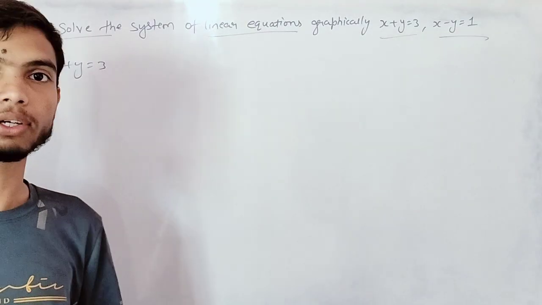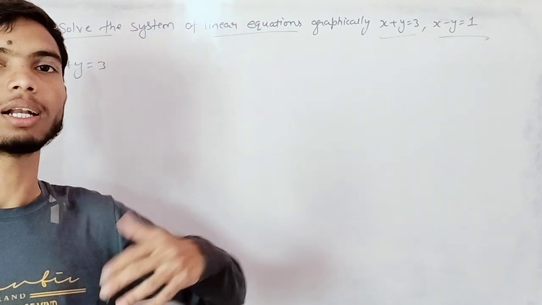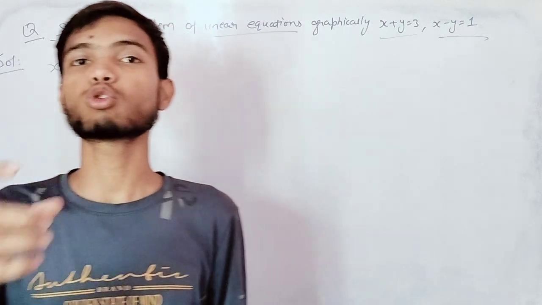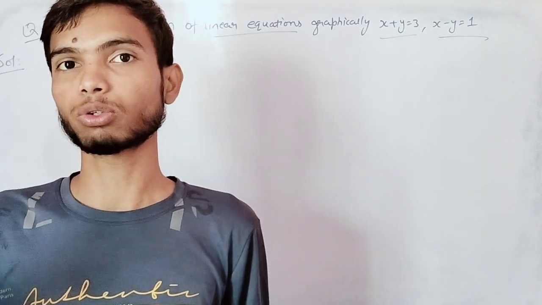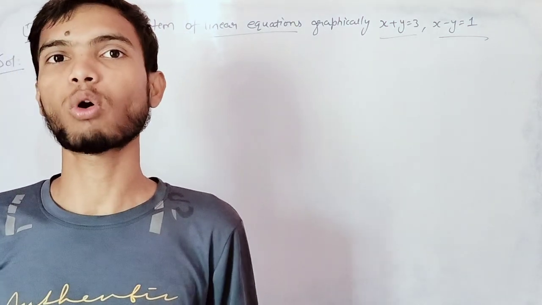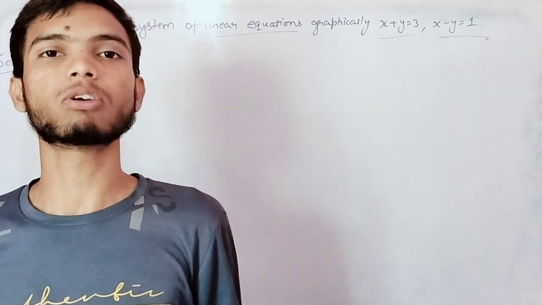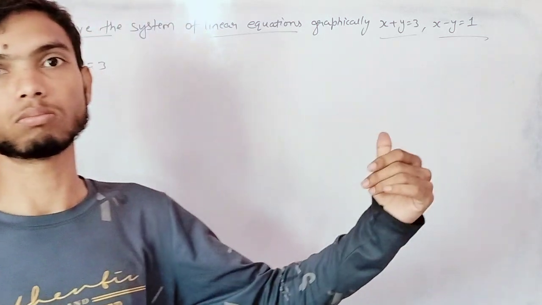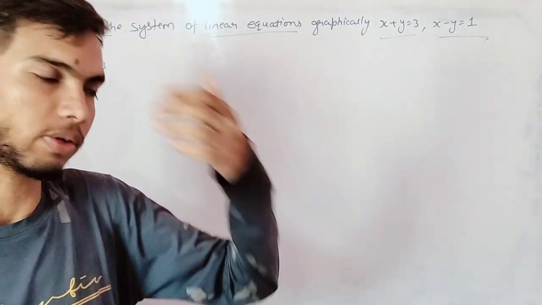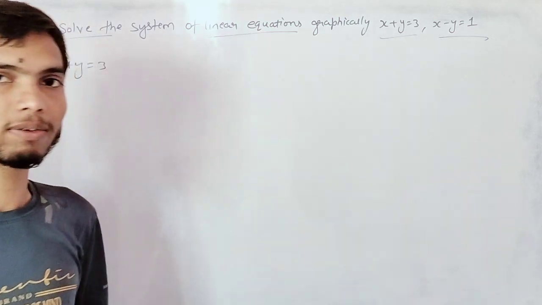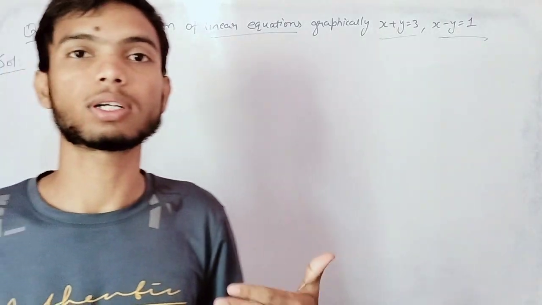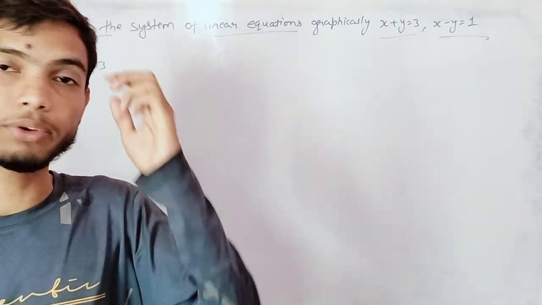It is a linear equation in two variables. What is linear? Linear means the degree should be 1. The exponent of any variable in the equation should be 1. Only 1. Then that whole equation will be a linear equation. Now two variables. Here you can see x is 1. What if here was x again? Then we don't say